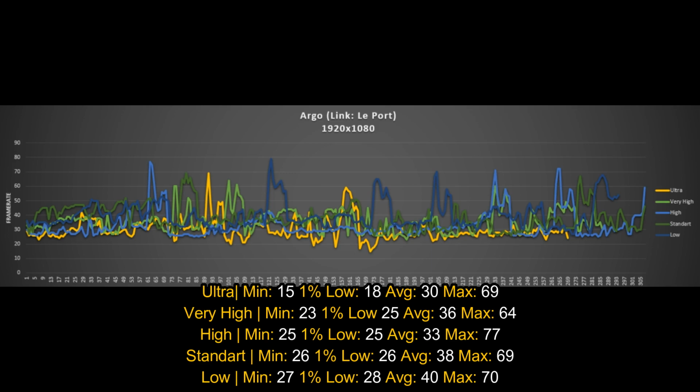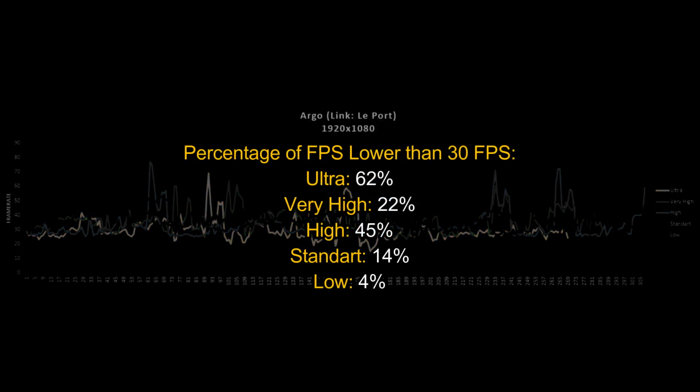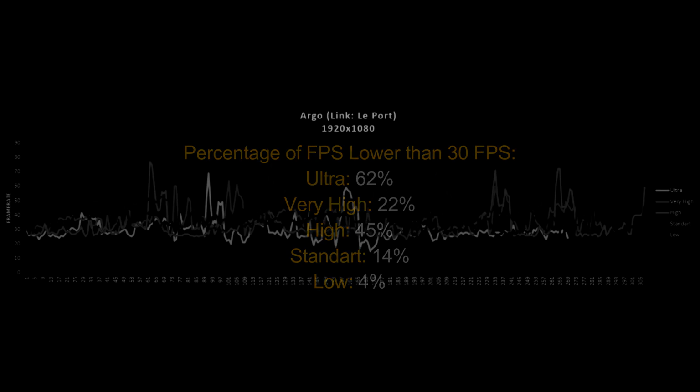So none of the settings that I tried was delivering frame rate entirely above 30 FPS, okay? All of them had to drop. Only on the 25% consistency we were able to see that the high, the standard and the low never dropped below 25 FPS. So this is exactly the same problem as Arma 3. This engine is just too damn CPU bound, and for that the settings that I recommend